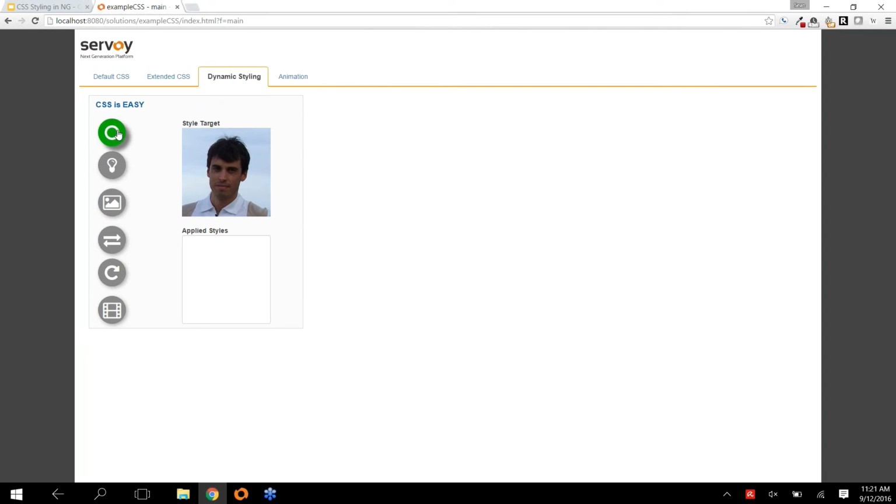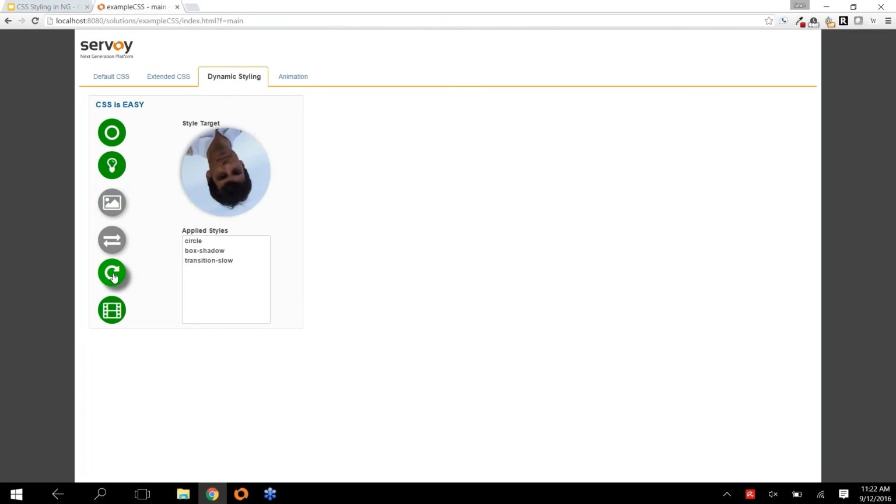So I did create a style class called circle, and so there I apply it. I click the circle one, and you can see it applies the circle mask. I could make this have a box shadow. You saw that on some of the other components, and now I get that deepened shadow when I mouse in and out. I also had that transition slow class. I'm going to apply that, which doesn't have an effect right now, but what it will do is make all the other effects that I toggle on and off transition more slowly. So if I were to, say, dither this photo a bit, you can see that now it's happening slowly instead of instantly. Same with flipping,